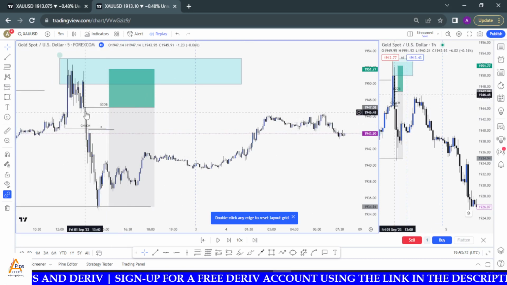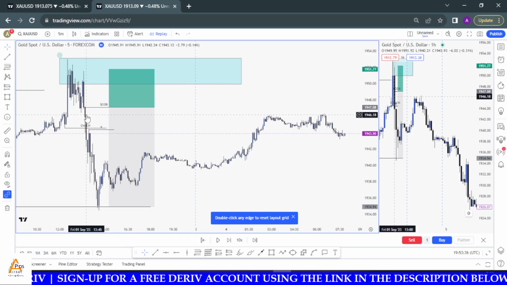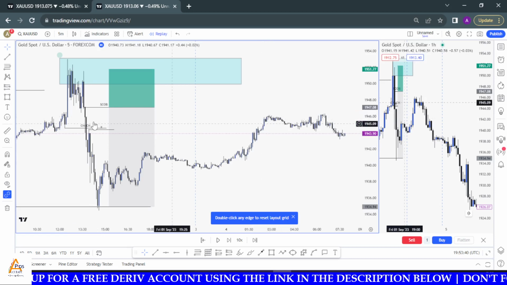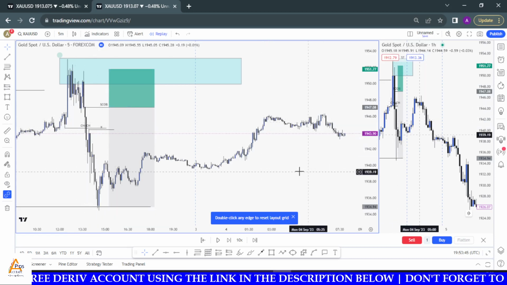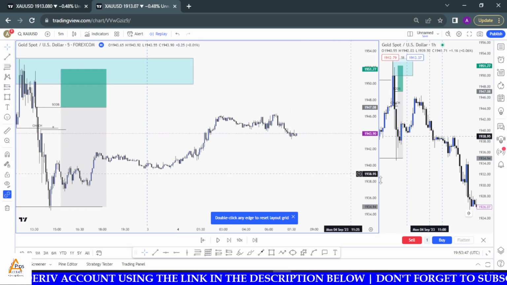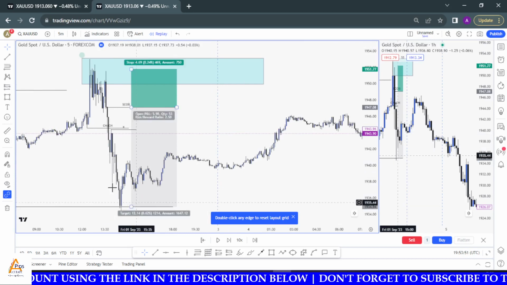Price only filled the imbalance up to the CE. Okay, and then that is the midpoint of what? This imbalance here. Price just filled that, and price is making a move. So now we begin to what? Remember, we have taken our